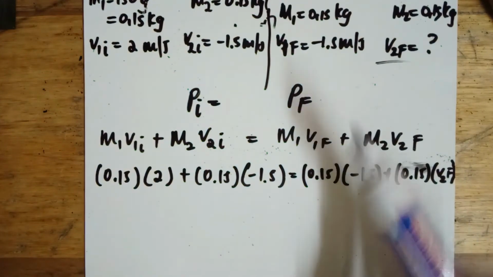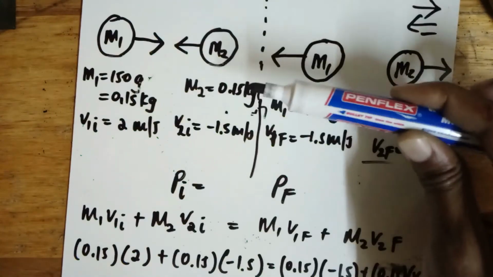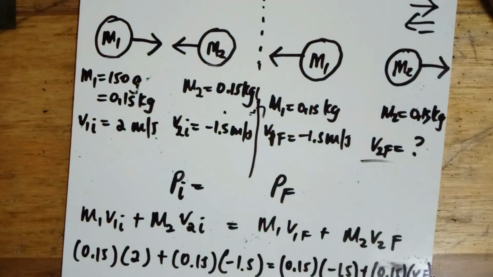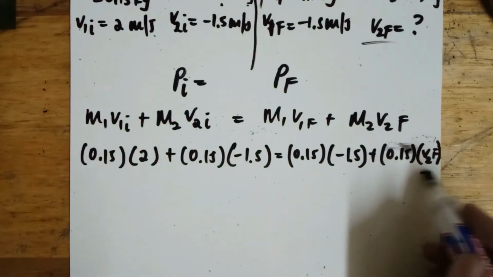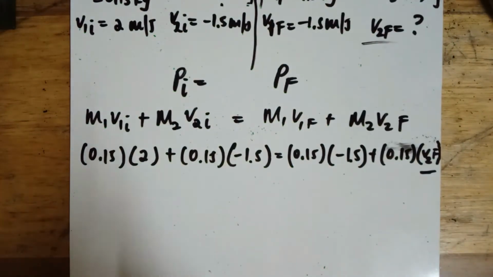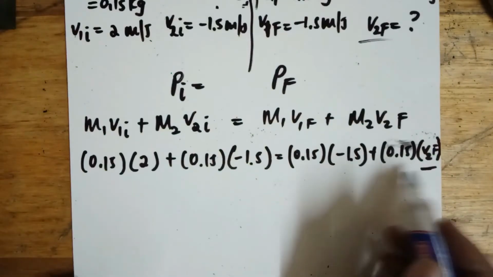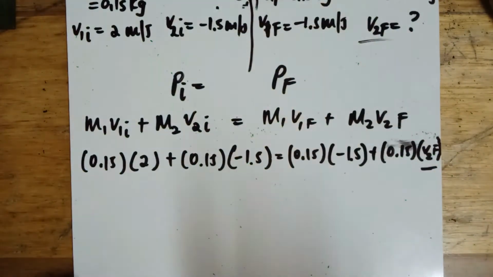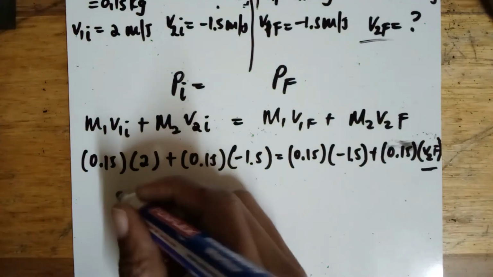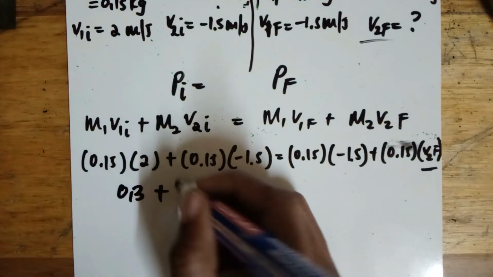And then after collision, the first ball is now moving to the left, and that one is moving to the right. So somehow we expect this answer to be positive. And you should be able to calculate this, it's simple maths. At the end, the answer that you're supposed to find should just be 0.3 plus negative